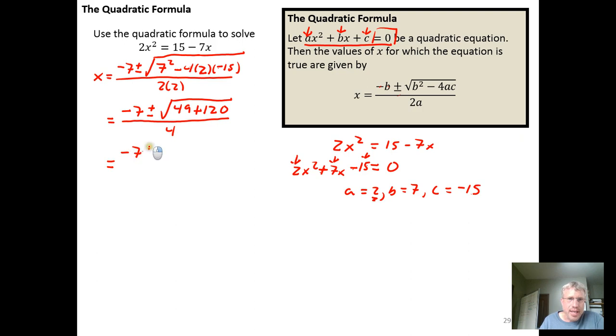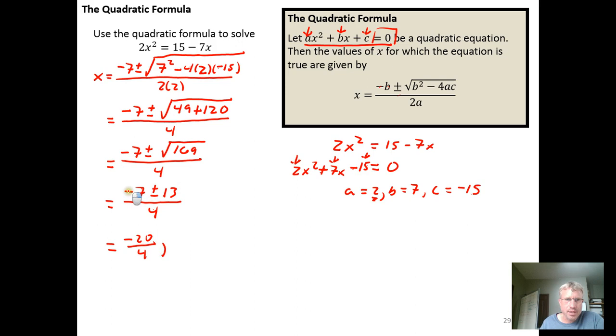We go until we can't go any further. So negative 7 plus or minus the square root, and now we're going to get 169, and this is all over 4. Negative 7 plus or minus the square root of 169, which is 13. And now we have 2 integer values in the numerator, so those are going to be easy to add and subtract. So I have negative 7 minus 13, which is going to be negative 20 over the denominator of 4,